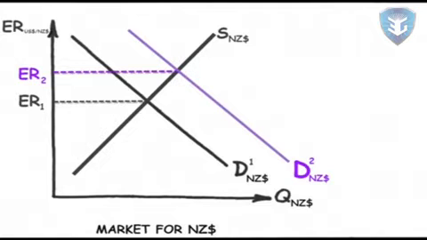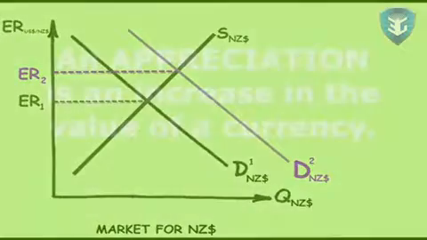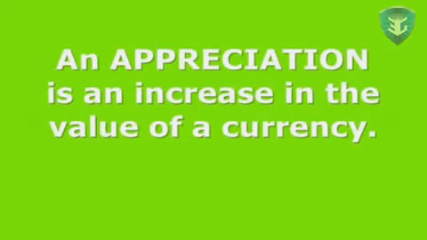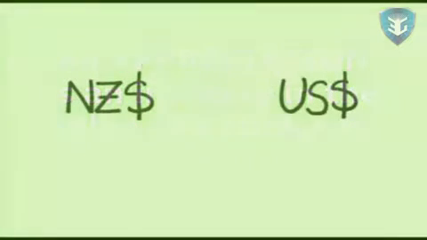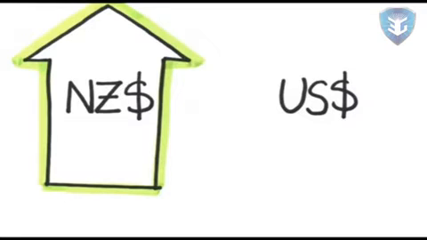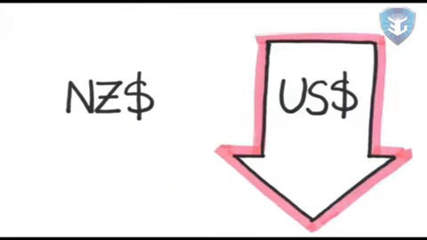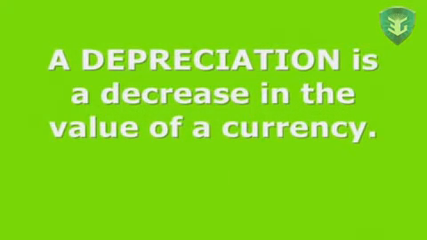We see the exchange rate in terms of the U.S. dollar per New Zealand dollar increase. This is called an appreciation of the New Zealand dollar. When dealing with bilateral exchange rates like this one, that is to say the relative value of 2 currencies, it is necessarily the case that as one currency becomes stronger or more valuable relative to the other, in this case the New Zealand dollar is increasing in value relative to the US dollar, the other currency is decreasing in value or depreciating. In this example, as the New Zealand dollar appreciates, the US dollar is getting relatively weaker or depreciating.